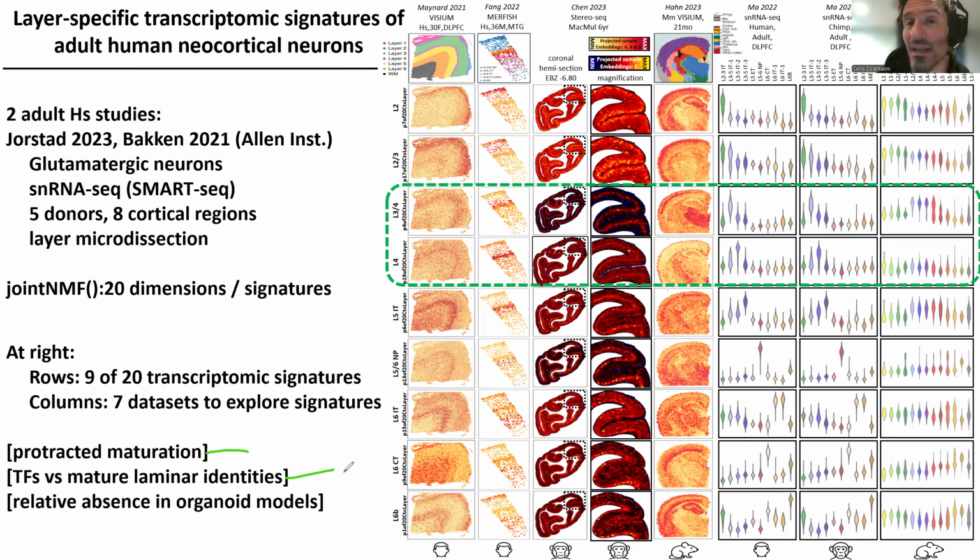So it really looks like the TFs like RORB, that is a layer 4 signature, FEZF2, which is a deep layer signature, are able to initiate the structure of these laminar specific maturity signatures in neurons and set up an epigenetic environment where they themselves, high levels of their own RNAs, are not needed throughout life to maintain those. They actually go away while the mature laminar specific signatures are maintained throughout life.